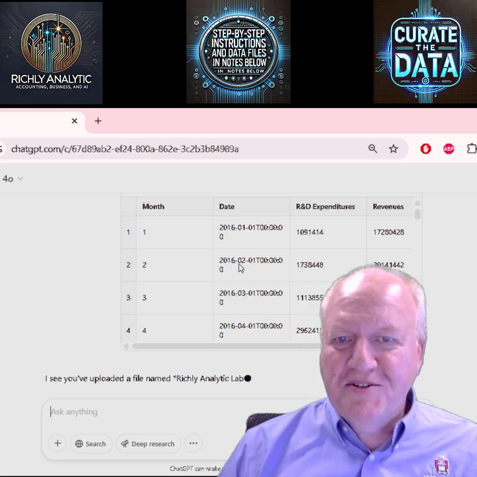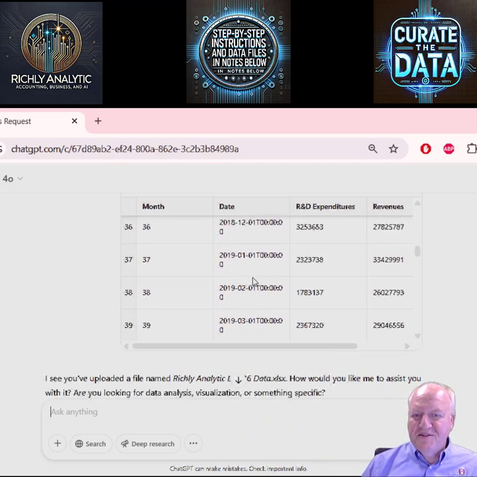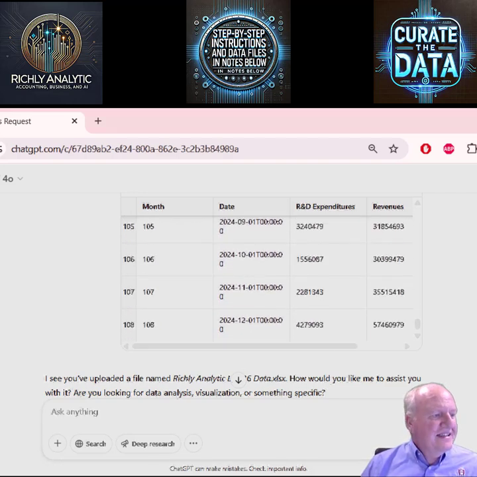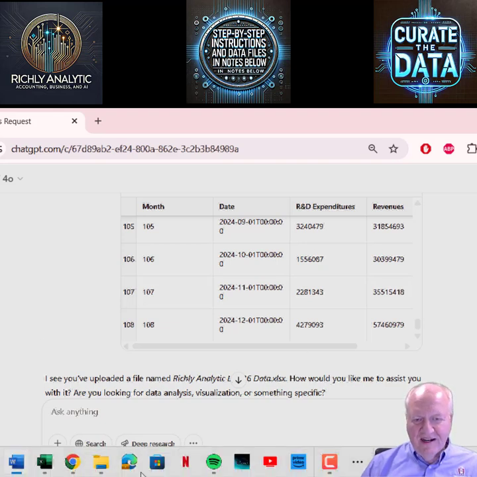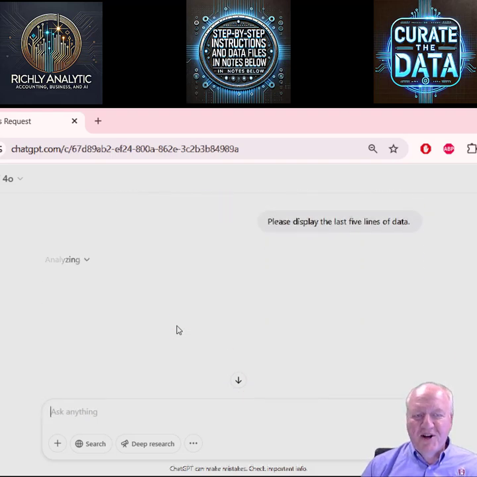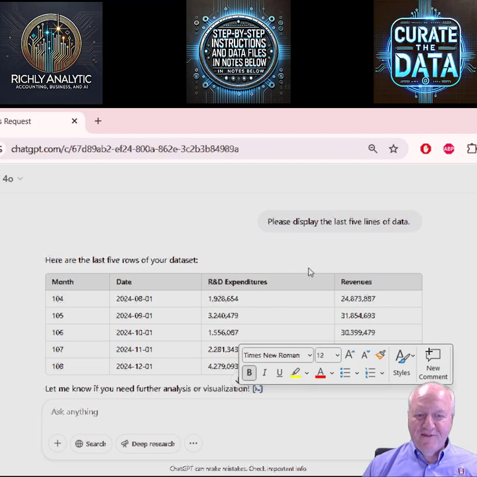Here I am inserting this data and evaluating it so I can see the dates through the years and the various amounts. I often like to ask it to provide the last 5 lines of data. This isn't a really long data set, and I could certainly tab through and see that, but I like to make sure all the data is there. I'd hate to do all this work and make a suggestion and then find out that ChatGPT didn't load all the data. Okay, so it looks like everything's there for the last set.